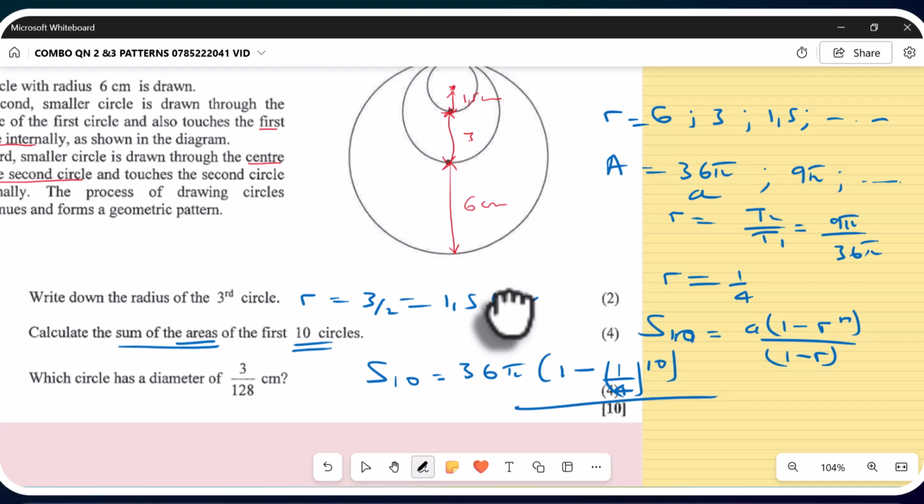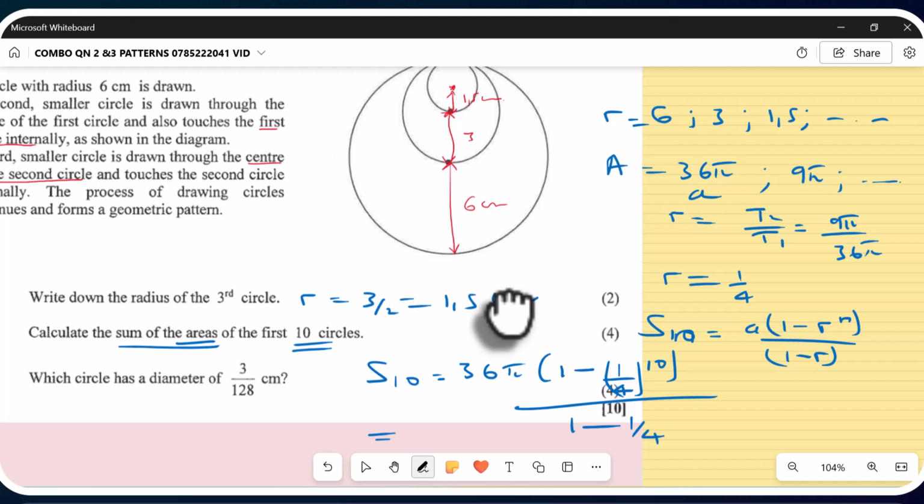It gives me 150,80. So I get here 150,80 centimeters squared. Now this is the sum of the first 10, the sum of the areas of the first 10 circles. That's good. Then they ask, which circle has a diameter of